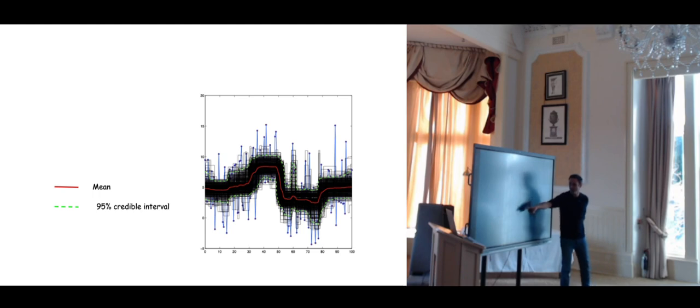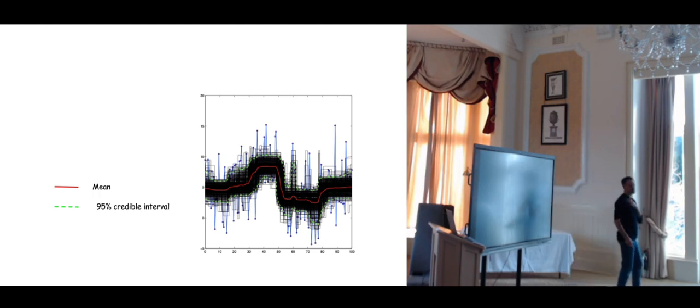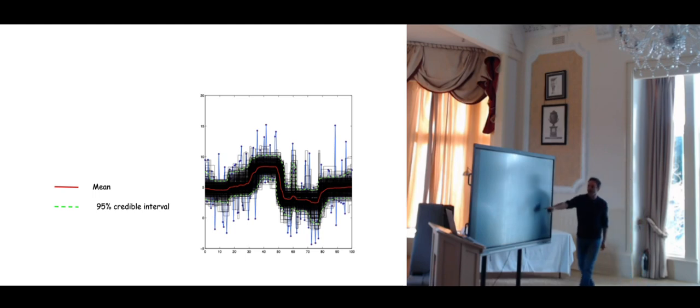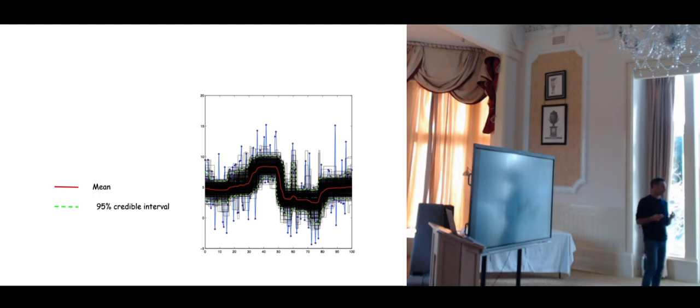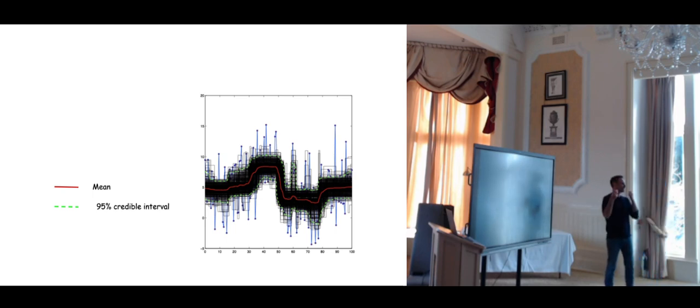And so you have a mean value in red of the models as a function of time or depth. And you see that the smoothness of this curve in red here doesn't depend on any smoothing that we have applied in advance, any regularization, but it's a smoothness that is given by the data.